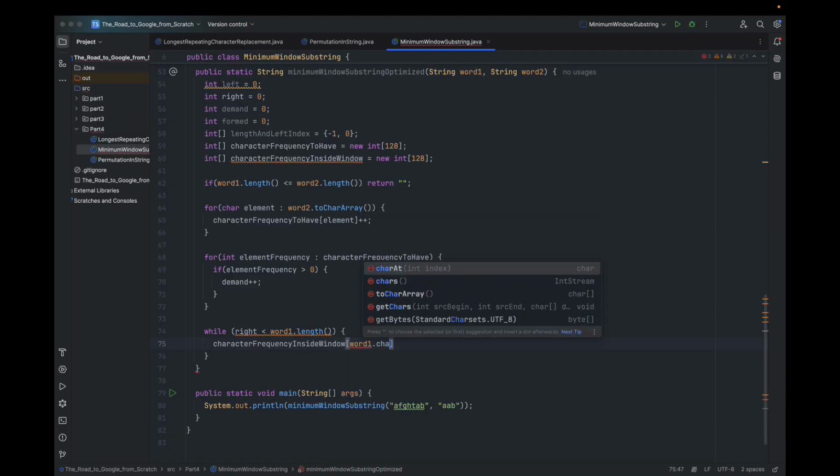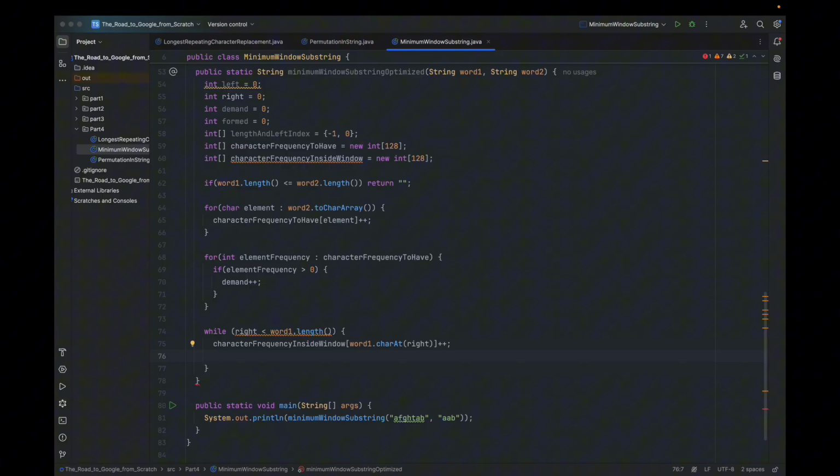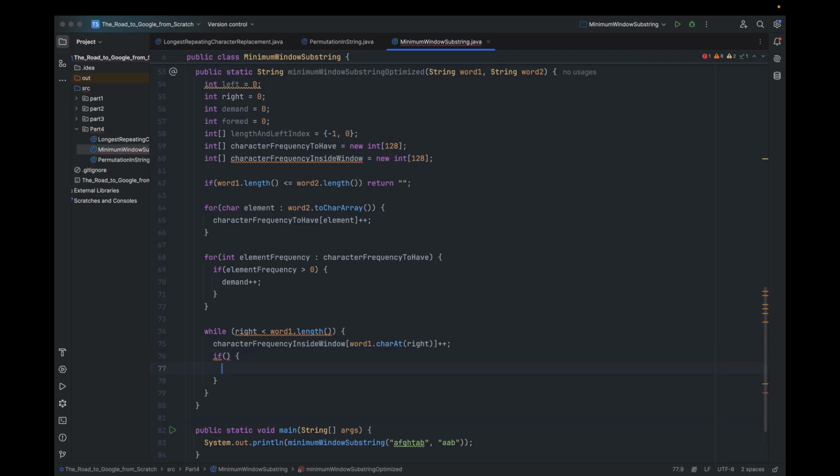Word1 char at right plus plus. Okay, so we have added the current element and increased the frequency. And now let's check if character frequency to have word1 char at right is greater than 0, which means that the current element is required, and if character frequency window